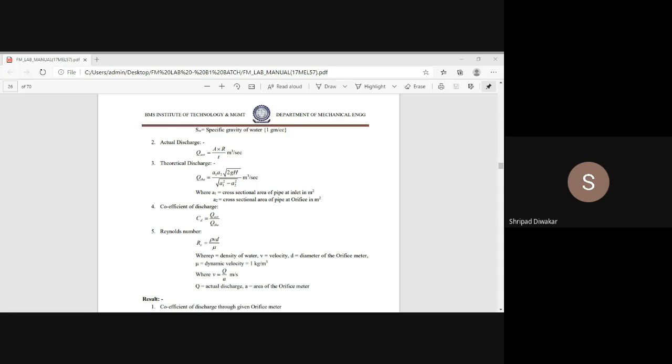Actually, you have to take those readings in centimeters. Sorry. Okay. Please change that one. So instead of this one not converted, you have to convert in meter. And now you're getting correctly.